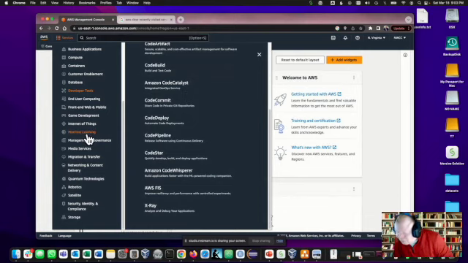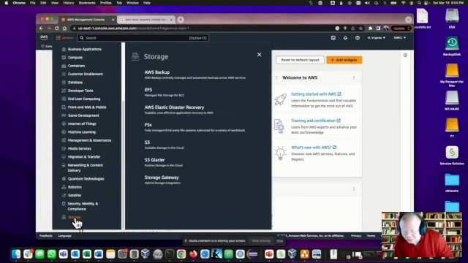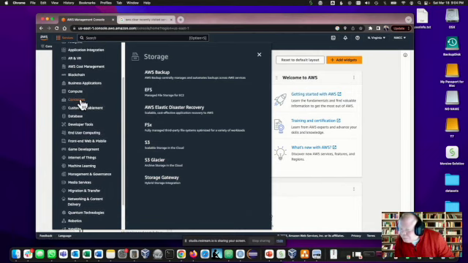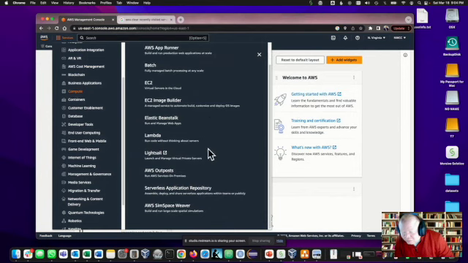Machine learning, for those of you who might later on choose to go into neural networks, artificial intelligence, and stuff like that. Down here, there's storage. So that's where you will see Glacier, you will see S3. What else? Compute. Here is where you will see, I believe, Lambda and EC2. The various compute systems